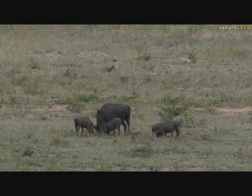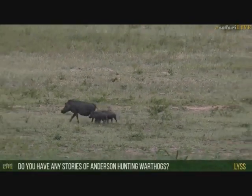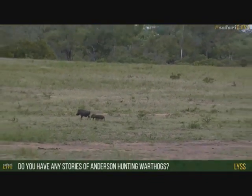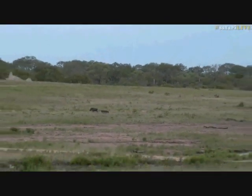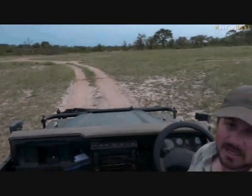So this viewer would like to know if I have any stories of Anderson, which is a male leopard that we see in this western section that we're in now, of him hunting warthogs. I do indeed. I've actually seen him kill 2 different warthogs, both of which were quite hair-raising encounters. Both of them were quite traumatic. He went after very large adult male warthogs, and he ended up having to go into the hole and grabbing them and pulling them out, and there was lots of squealing and dust and commotion, which then attracted a lot of hyenas, and he had a huge fight with these hyenas on both occasions, and eventually the hyenas